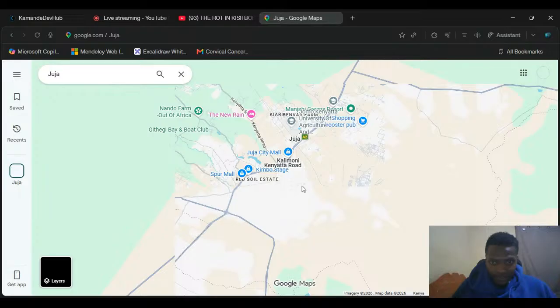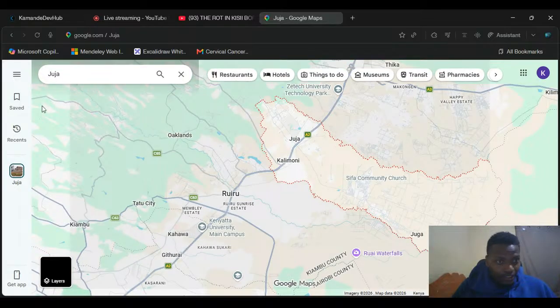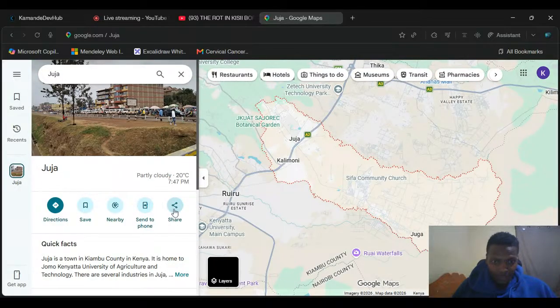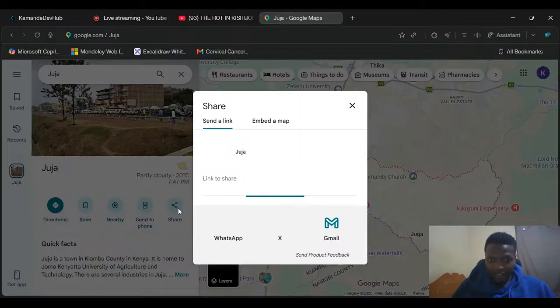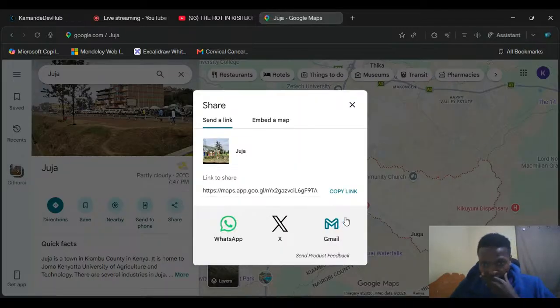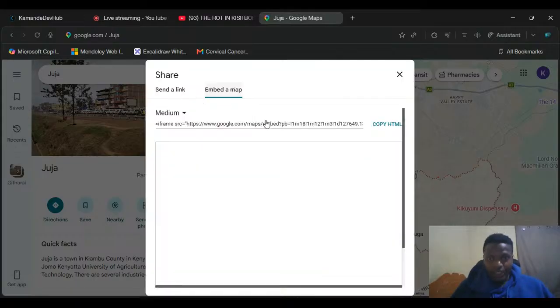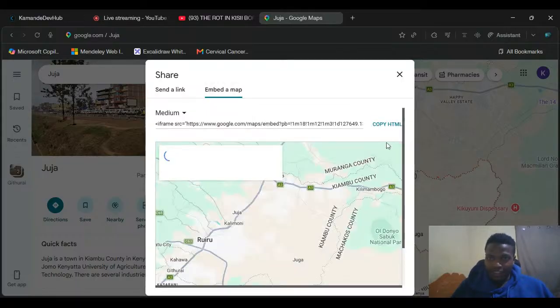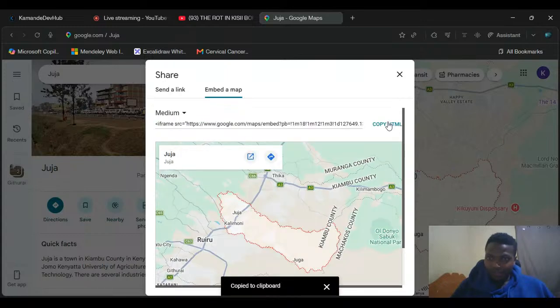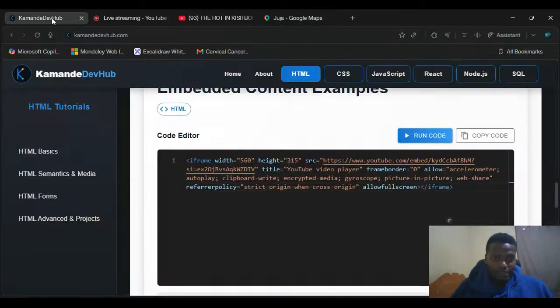Here I am, this is Juja. And let's look for the share. So you can see the share icon. You can click on the share, and then you have options to embed a map. And you can copy now the HTML. It comes with an iframe. So if I copy that and paste it in the KamandeDevHub site,